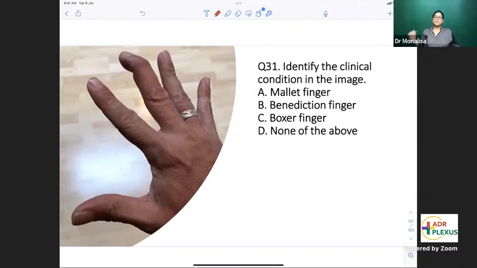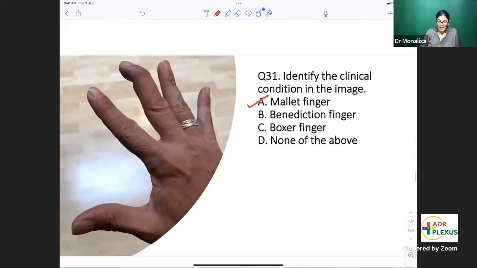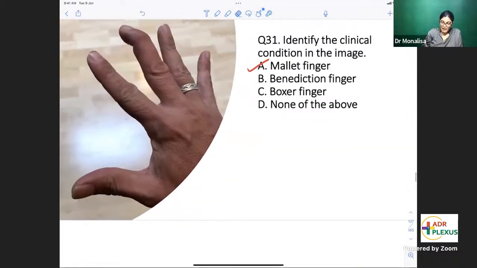Identify the clinical condition in the image, whether it is mallet finger, Benedict's finger, Boxer's finger, or none of the above. Absolutely correct, it's a condition of mallet finger. Yes, definitely it is mallet finger. So why is it a mallet finger? All of you please note down, this is a case of